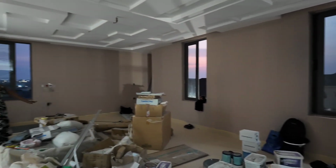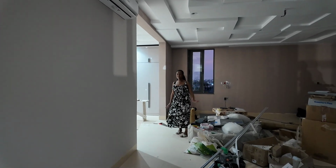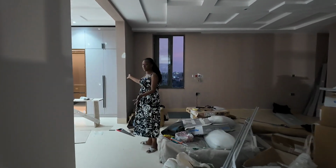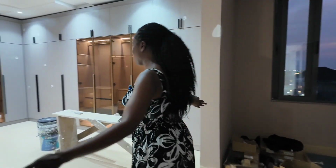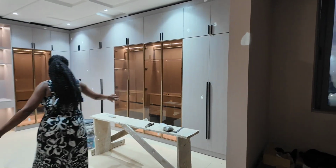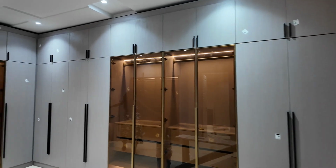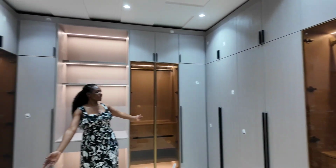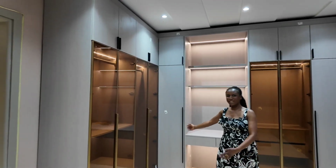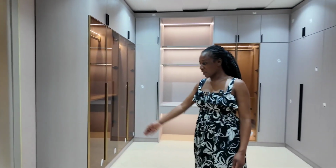When we came here earlier, I filmed around, so I will insert the clip when it's daytime. And then when you come into the closet area, I mean, if this is not a walk-in wardrobe, I don't know what is. Look at this. Ladies, can you imagine? You take up majority of this space and give your other half a section of this closet space. And then you've got your